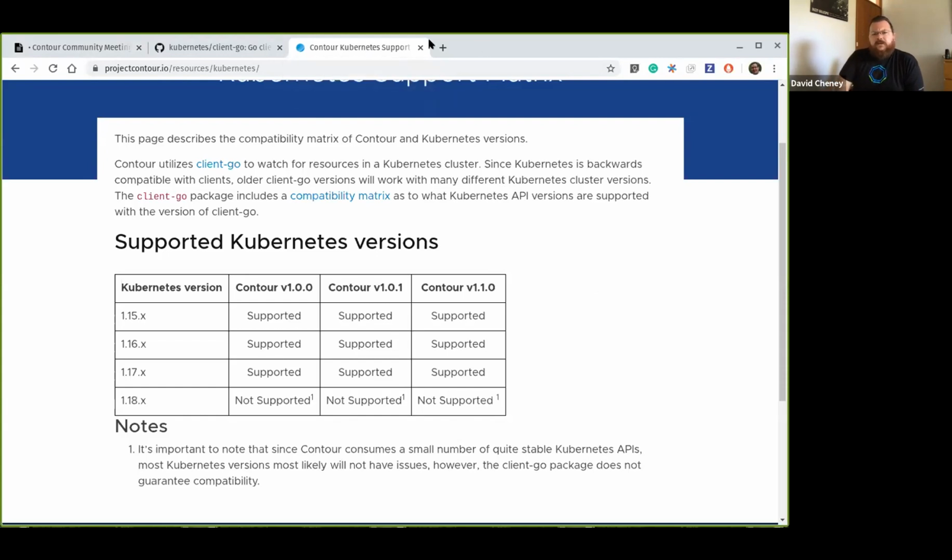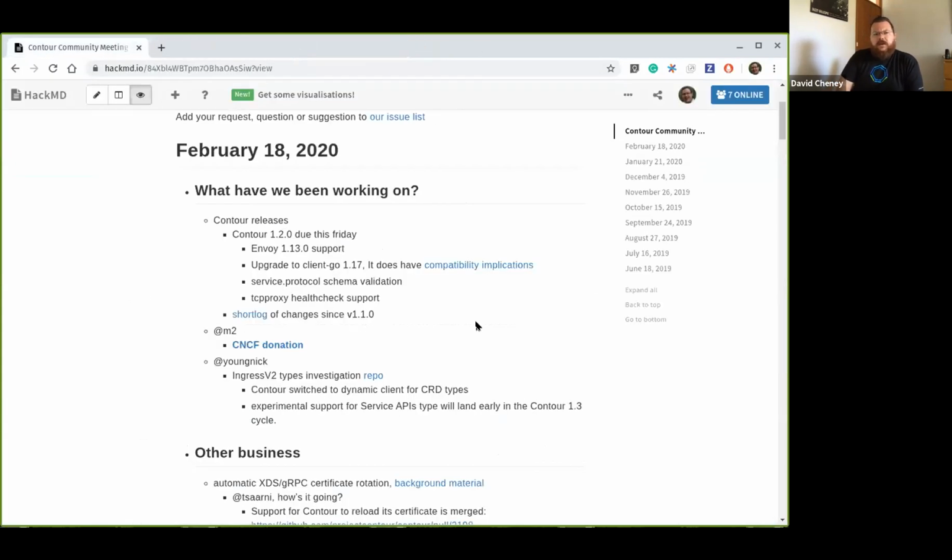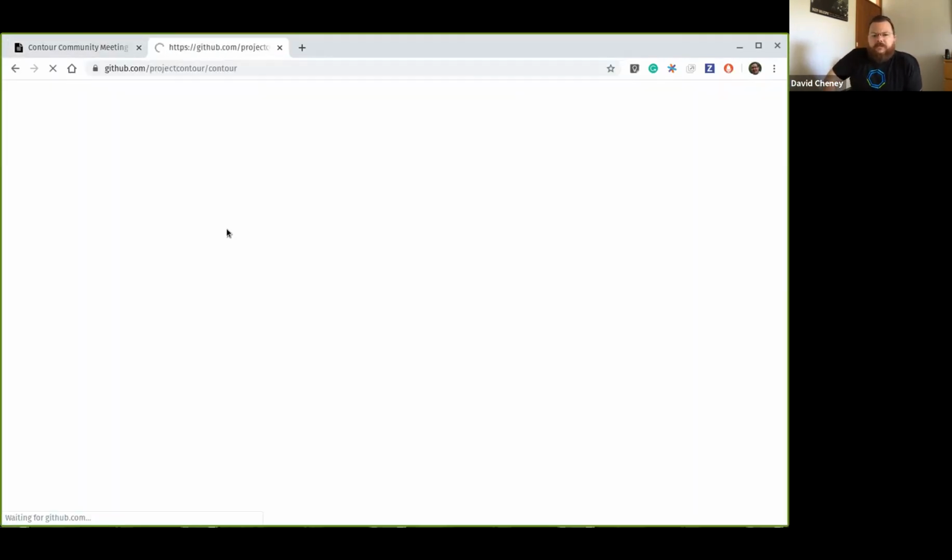Service protocol schema validation. In 1.1, we added a much better way of saying what protocol the service supports, rather than the annotation on the service document, which everybody hated. We've now added a field to say in HTTPProxy that when you talk to the service, it expects this protocol. That's now validated, I believe, through a validation from the CRD. We just published an enumeration of valid values. Is that correct? Yes, Steve did this work. Yep. If you reapply the CRD definitions when 1.20 is out, all of a sudden you won't be able to give the wrong enumerations.